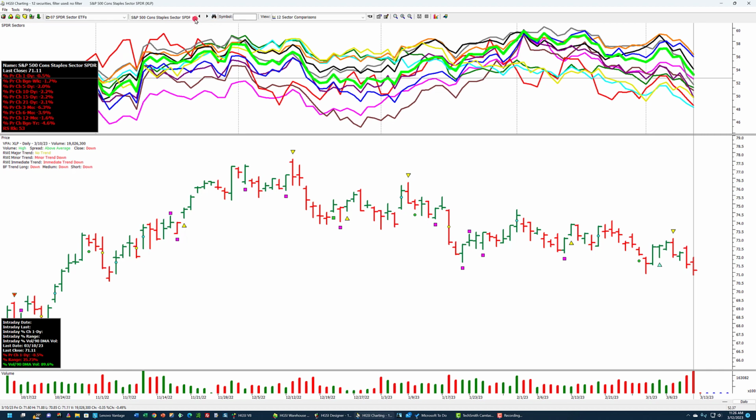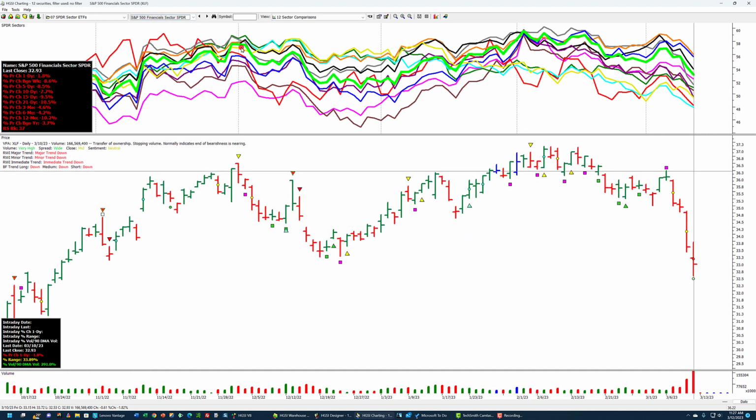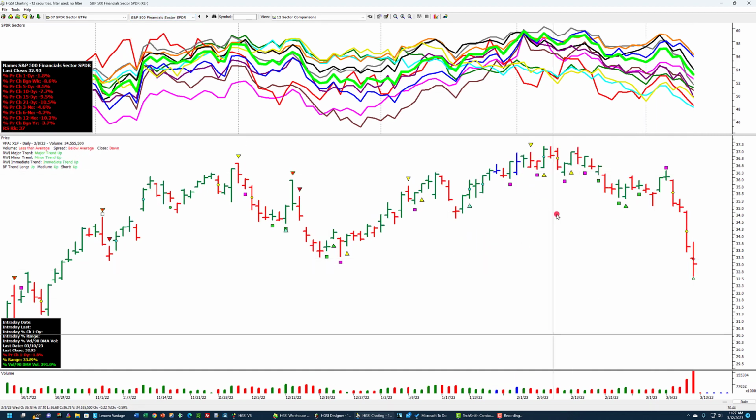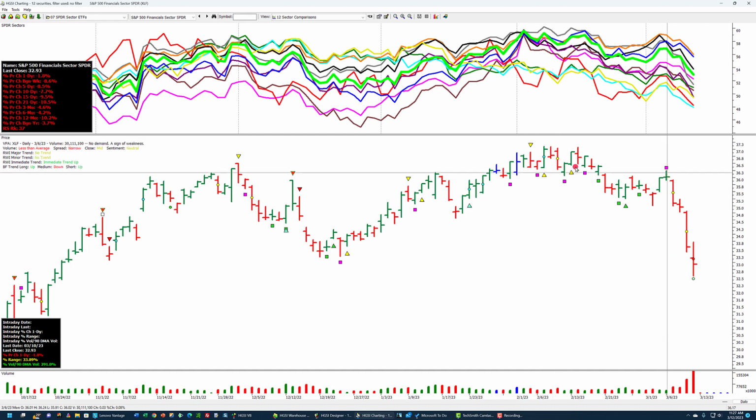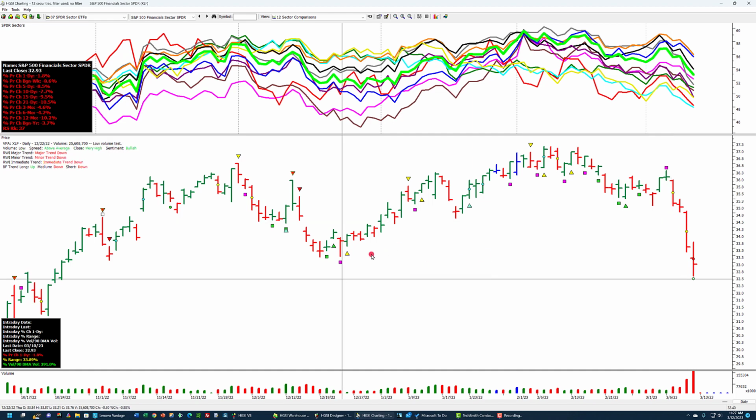But if you want to analyze individual charts, within this spider sector folder you can come in here and select any of these. Let's just go to the financials, and then you can get a clear picture of what the VPA flags are, and you can draw support and resistance lines.